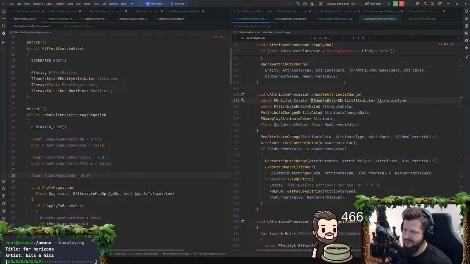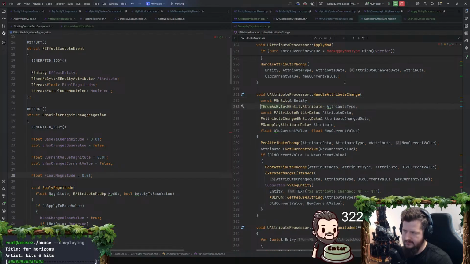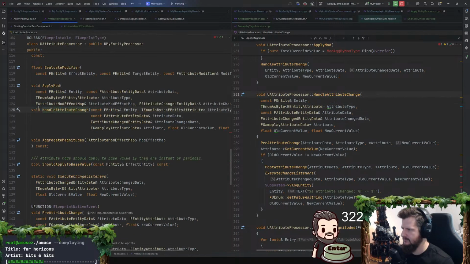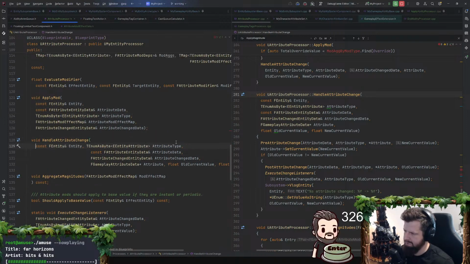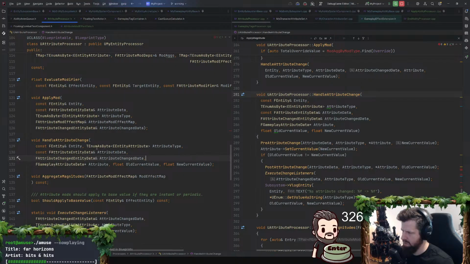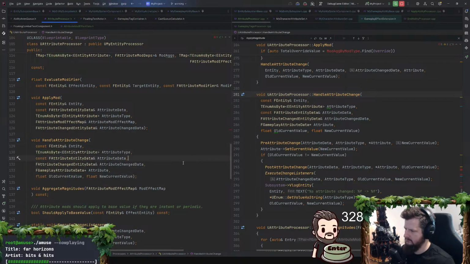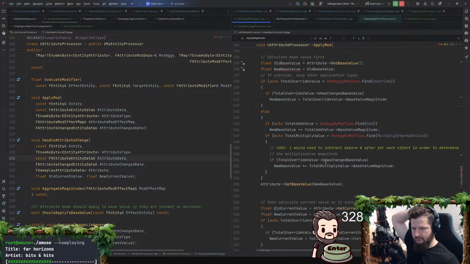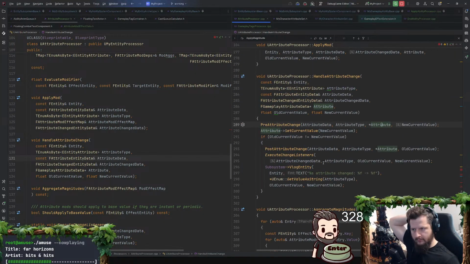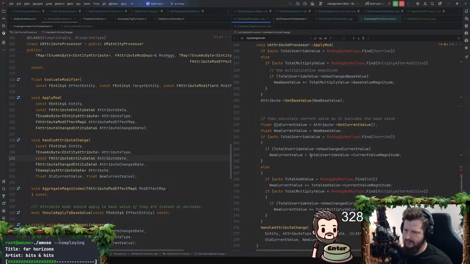There's a lot of information still needs to happen in here, I suppose. Okay. Pre-attribute change, set current value, handle the post, yeah.